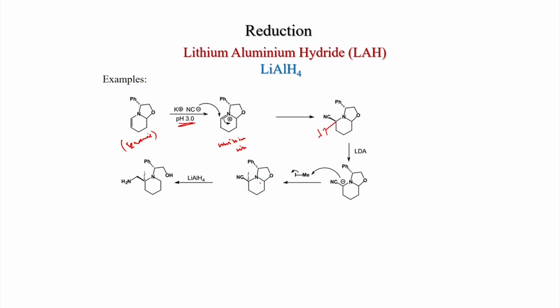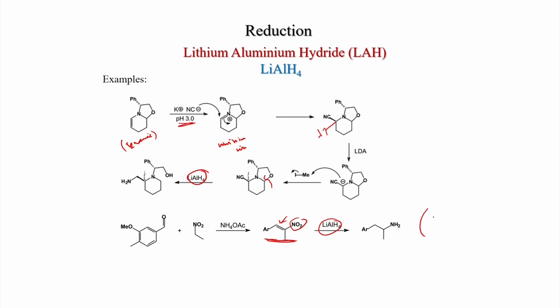Now if you treat this compound with lithium aluminum hydride, what will happen? This bond will be cleaved. So the aminal is cleaved to this free alcohol. Also, if you make the nitroalkene, now with treatment of lithium aluminum hydride, for both nitro and a double bond, the first reduction will take place at the double bond, because this double bond is activated. So activated double bonds can be reduced with lithium aluminum hydride, and ultimately you get the amine.